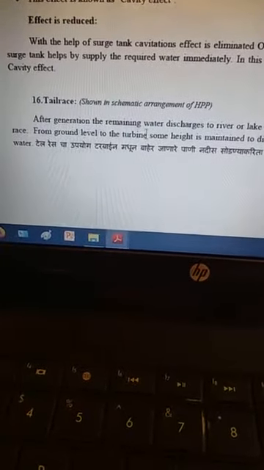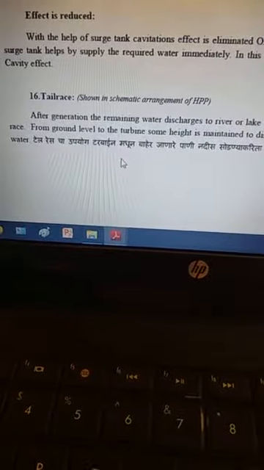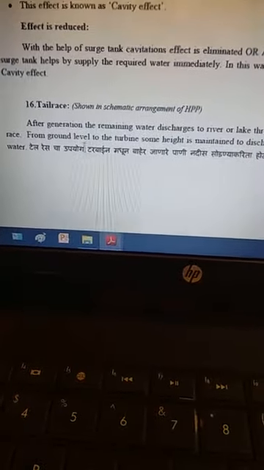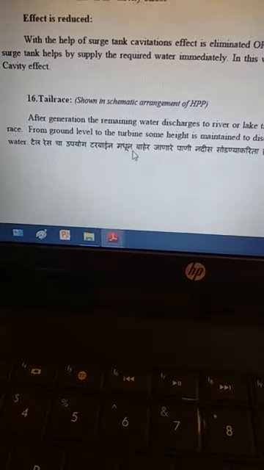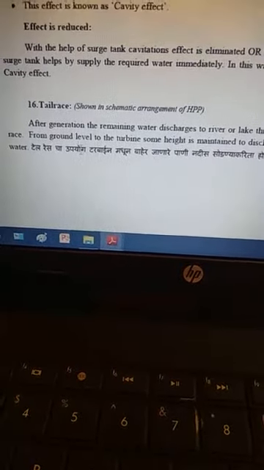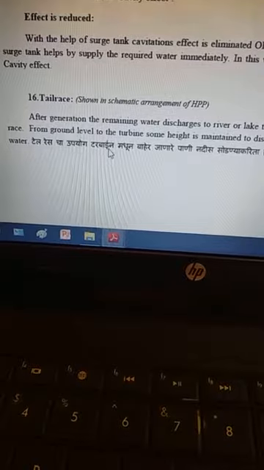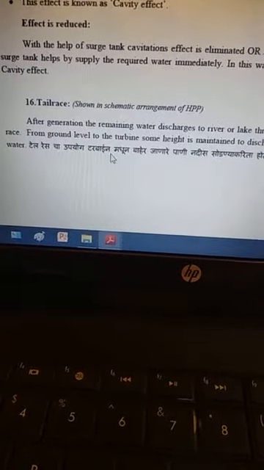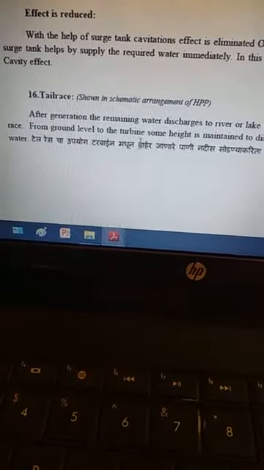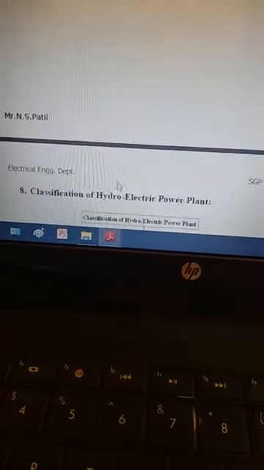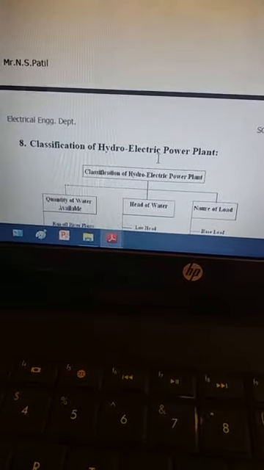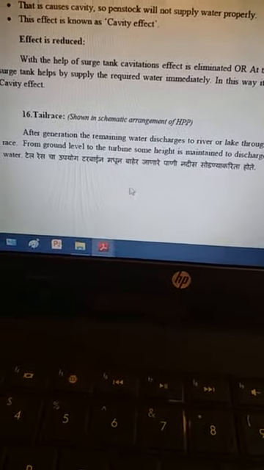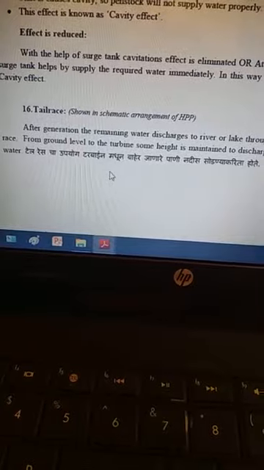And then there is the tail race. The tail race is the bottommost element of the powerhouse. It is the water level after the water comes out from the exit of the turbine. The water is then stored in the tail race. So I told you already what the tail race is. This was all about the main elements in the hydroelectric power plant.